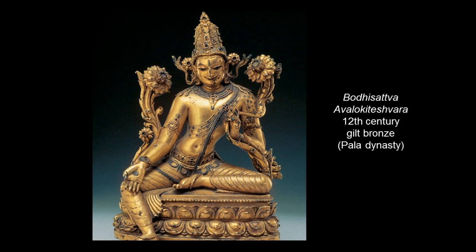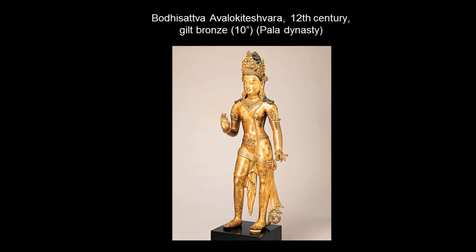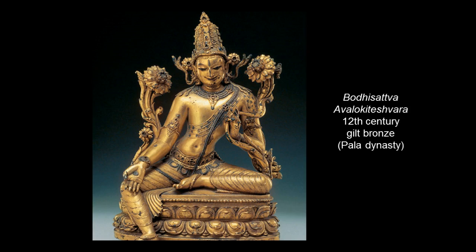In the gilt bronze images here and here, Avalokiteshvara has an idealized, soft body and wears rich clothing. The bodhisattva here is in a pose of royal ease, especially in this particular one. The version shown here shows the bodhisattva in a tribhanga or three bend pose, which conveys the figure's wisdom and beauty, and the three bends refer to the slight bend in the neck and in the waist and in the hip.